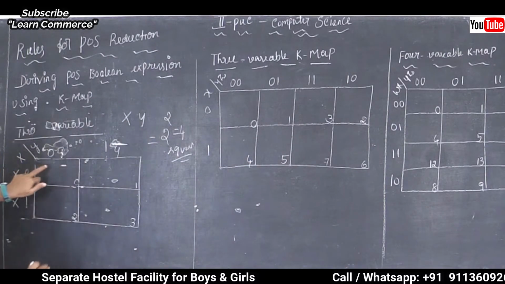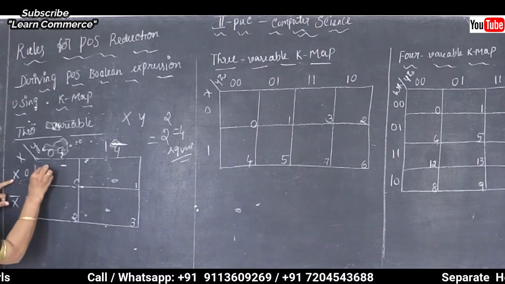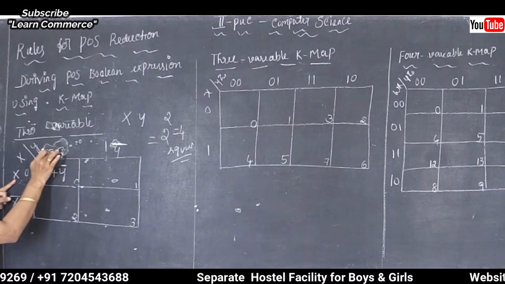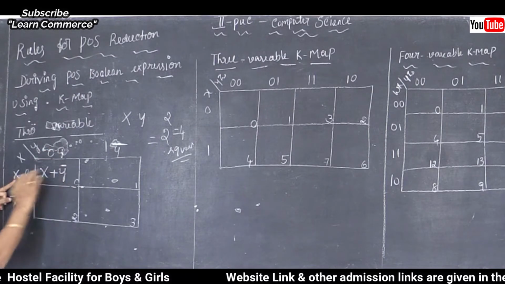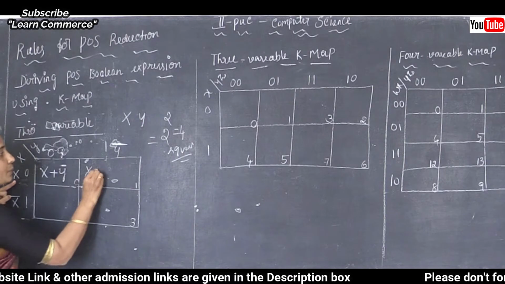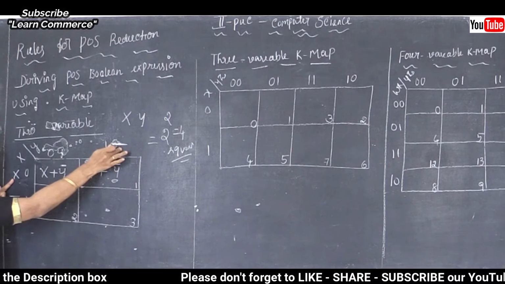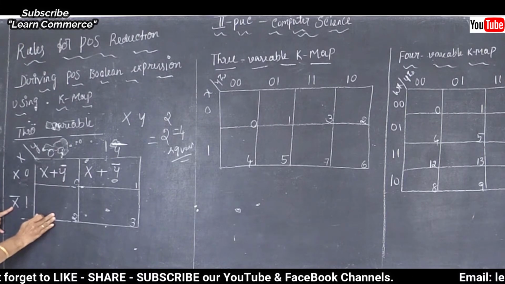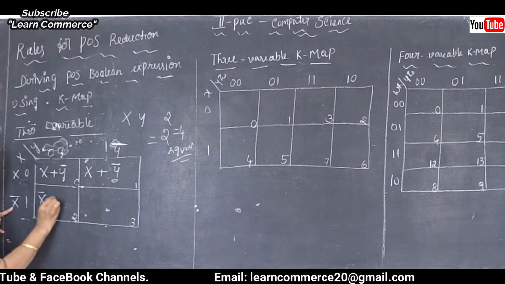Now for the numbering scheme 0, how are we going to use it? I am taking x plus y. Clear this point here? So I take the left side variable and also the top side variable, and I use the 0 numbering scheme. Clear? Later, to complete numbering scheme 1, I take the left side value x plus the complement of y, from the top of the K map. Next, to complete numbering scheme 2, on the left side the variable is the complement of x plus just y.